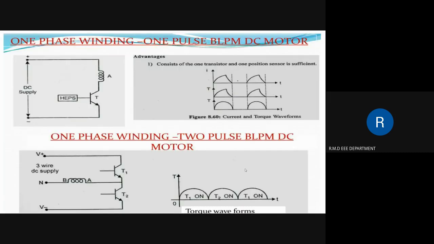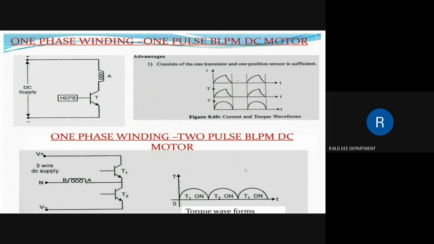The different classifications of permanent magnet brushless DC motor are single phase 1 pulse brushless motor, single phase 2 pulse brushless motor, 2 phase and 2 pulse brushless motor, 3 phase and 3 pulse brushless motor, and 3 phase and 6 pulse brushless motor. Now first we'll discuss the 1 phase winding and 1 pulse brushless permanent magnet